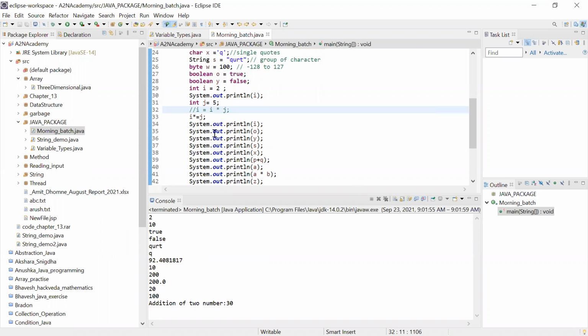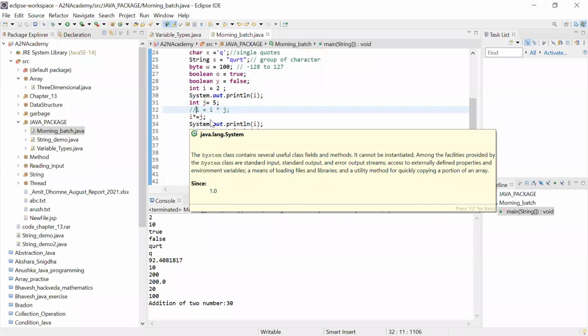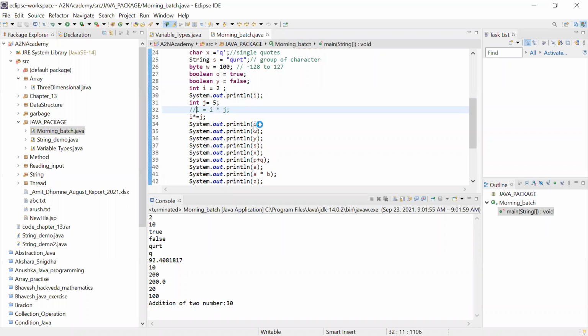Sorry, actually, I was here. I have not commented this part. So it was multiplying this i value, initializing it, and then again it is printing it. So that's why it was not initializing the value here. No, Dhruv, actually the reason was, correct. What you said is absolutely correct.